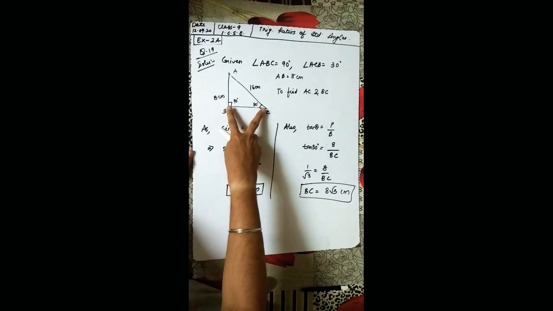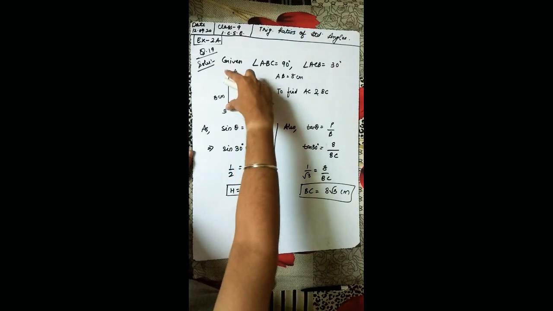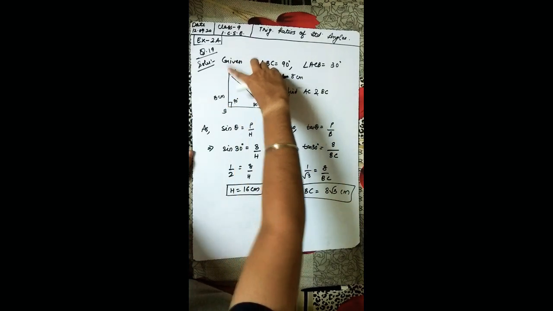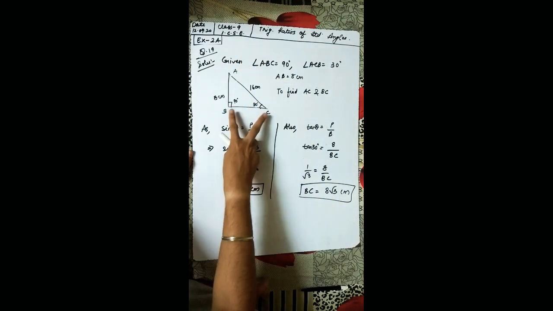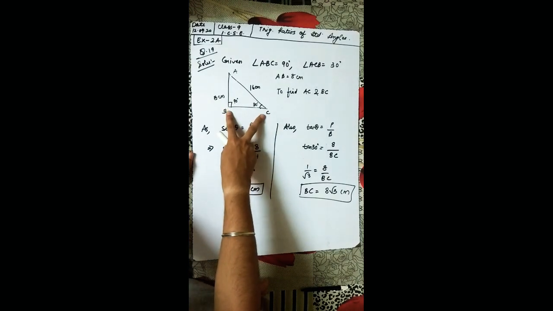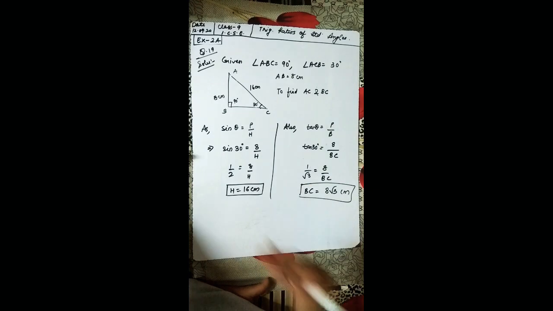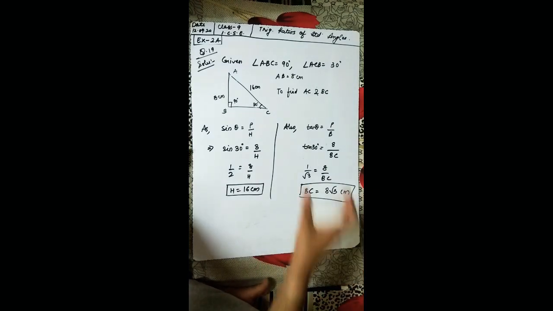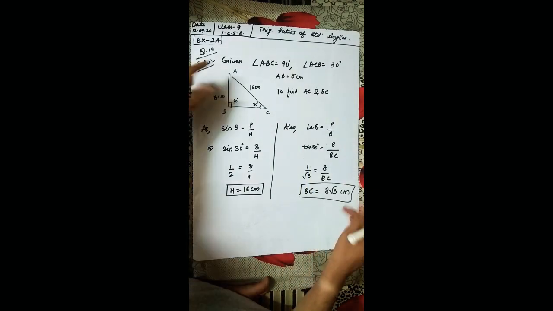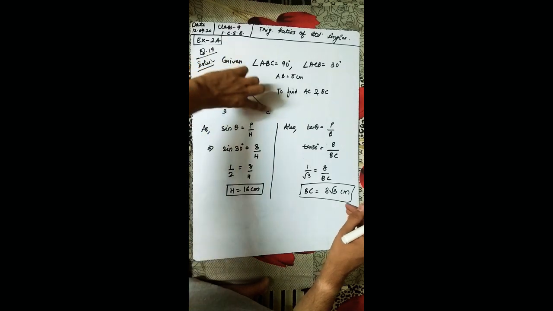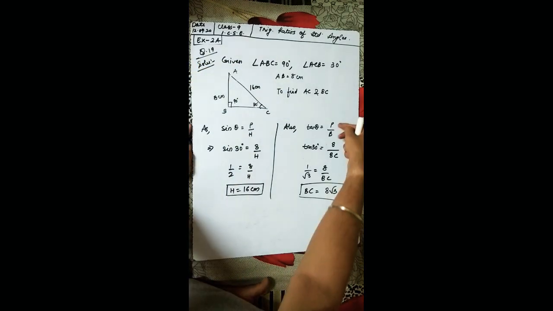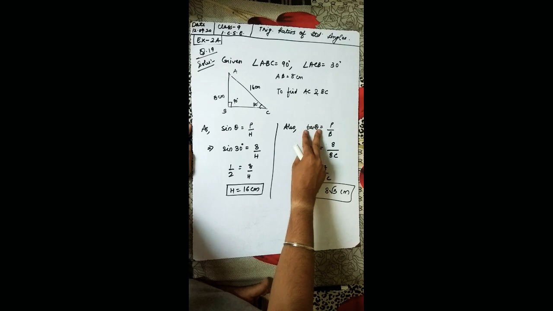Now if you want to find the value of this BC, you have two options. Either you use the Pythagoras theorem, hypotenuse square minus perpendicular square, you will get the square of BC, and take the under root, you will get the value of BC. Or else, if you don't want to use that somewhat complicated method, you can go with this method. You have perpendicular, you want base. So here you have one formula in perpendicular upon base, that is tan theta.